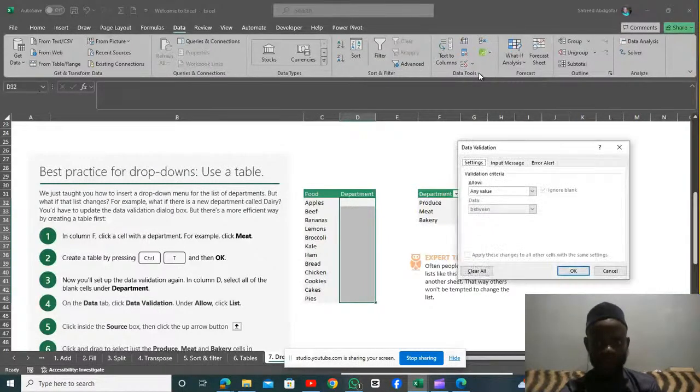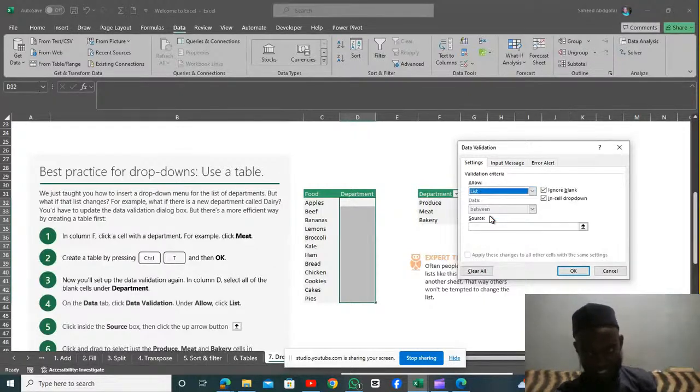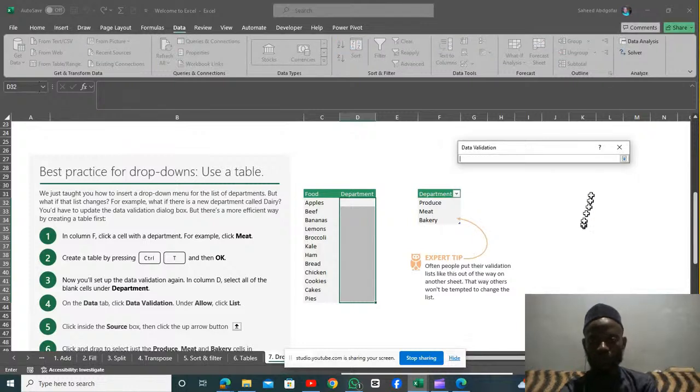You see data validation. Now at this data validation, it will bring allow value. Instead of that any value, you just click on list, just as we did the other time, list. So once we click on list now, I'll now click on the first arrow, that arrow that pops up to show the location of my data. So this data now, select everything from the beginning to